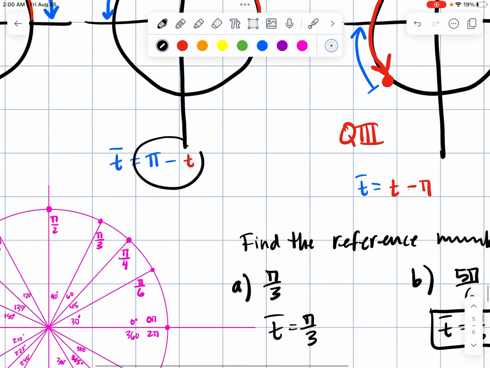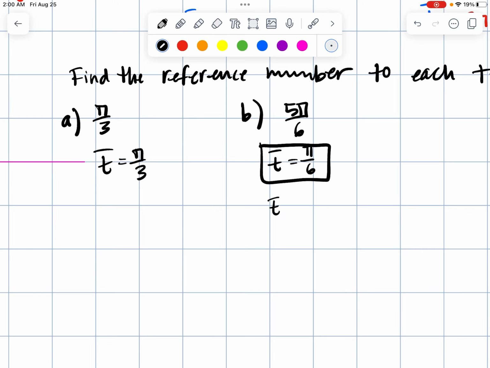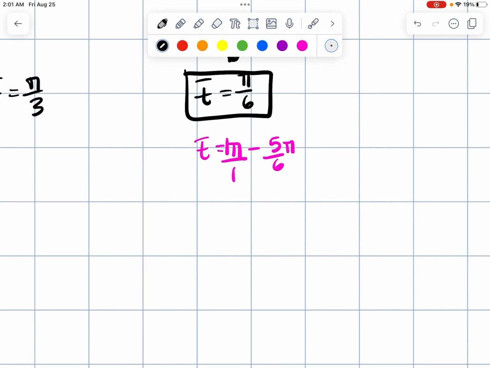Now remember how I said this also? You could technically take pi and subtract t. In this particular case, we would say t-bar is equal to pi minus 5 over 6 pi. Well, in order to properly do this, we could do this in pink because this is a secondary example and a second way to solve it. So if we did this in pink, 1 over 1 minus 5 over 6, we would need to convert